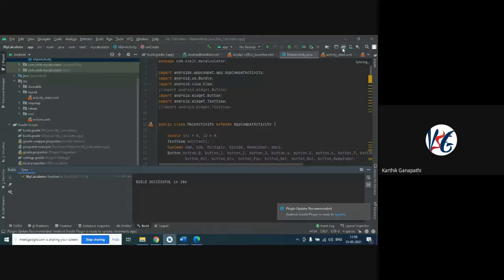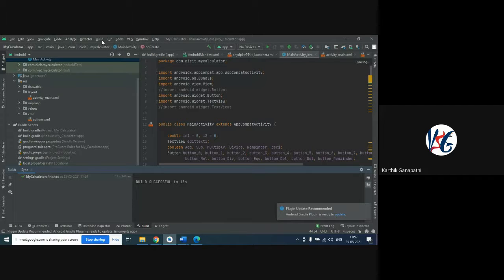So always keep your internet on when you open Android Studio. That's what I recommend. Next, as you can see, the build is successful in 10 seconds.